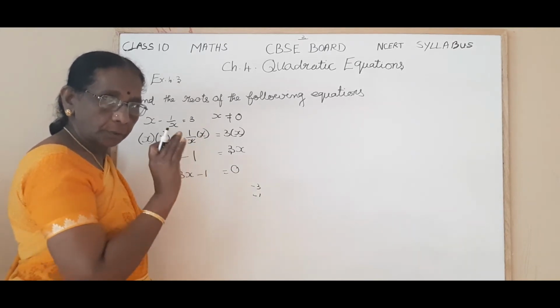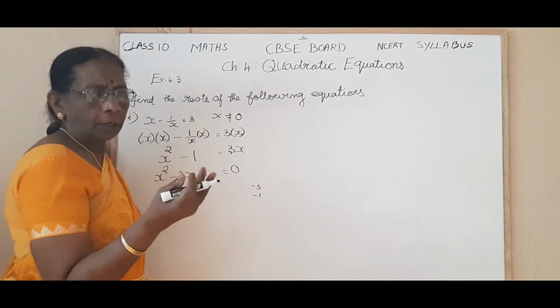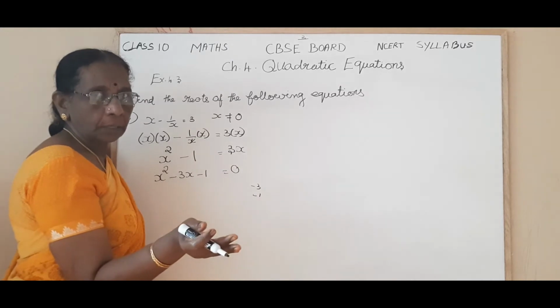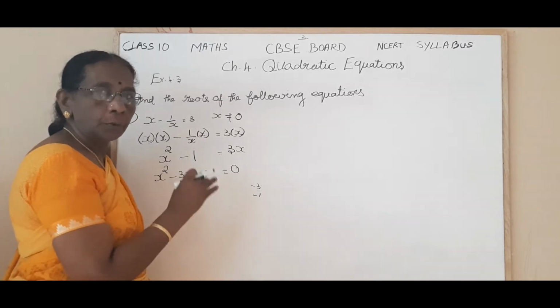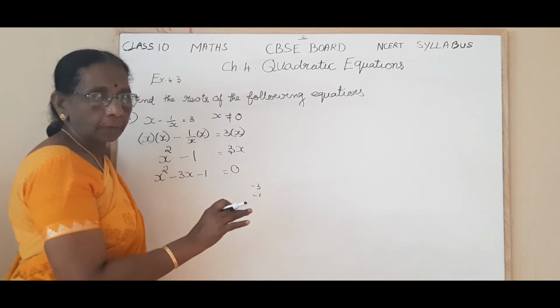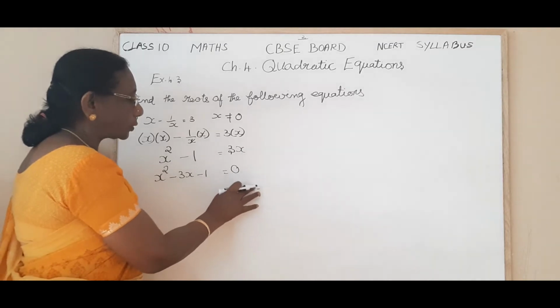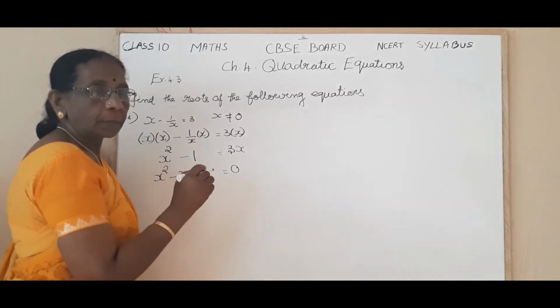So in the examination, you should not waste time. You have two methods in your hand. If you find one difficult, you switch over to the other method. I think in this situation it is very good to apply the quadratic formula. For applying the quadratic formula, what should you do? The first step is to write the values of a, b and c.